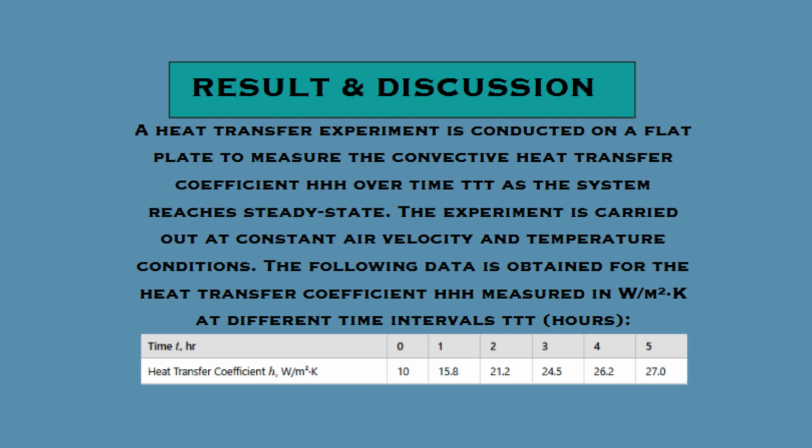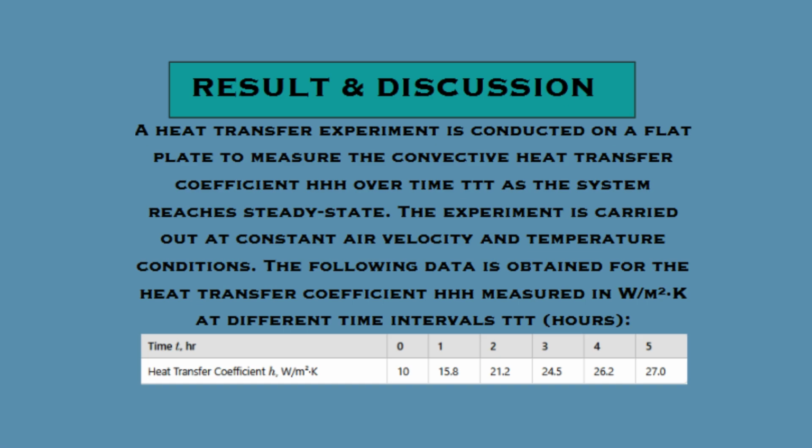So, to the result and discussion, we have an example using quadratic regression. A heat transfer experiment is conducted on a flat plate to measure the convective heat transfer coefficient h over time t as the system reaches steady state. The experiment is carried out at constant air velocity and temperature conditions. The following data is obtained for the heat transfer coefficient h measured in watts per meter squared Kelvin at the